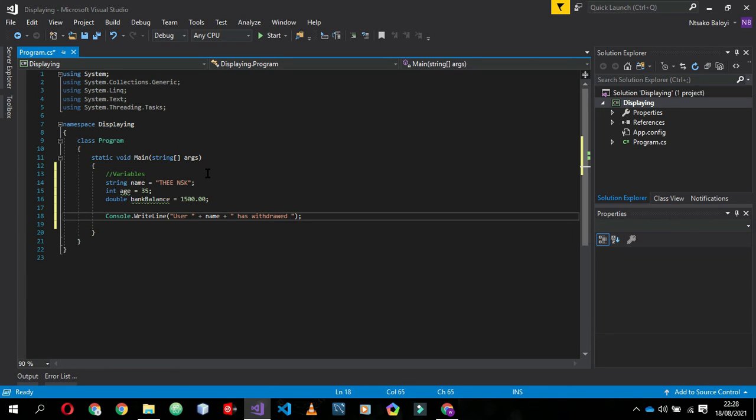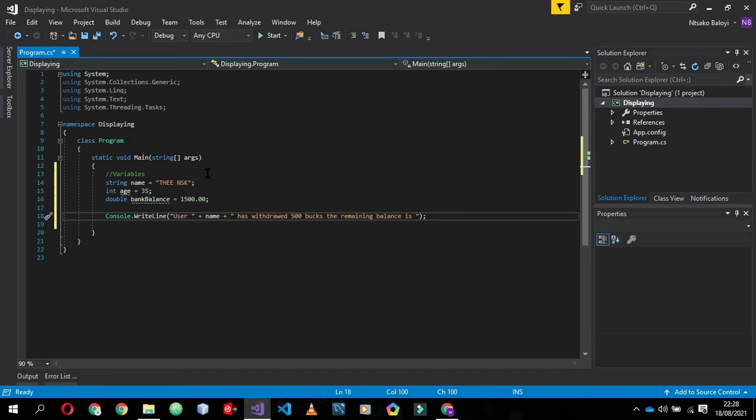Withdrawn. 500. Let's just say 500 bucks. Has withdrawn 500 bucks. The remaining balance is